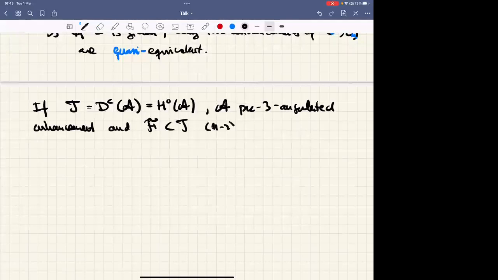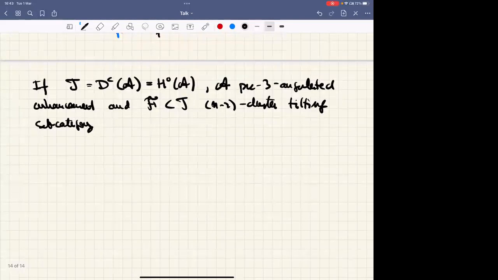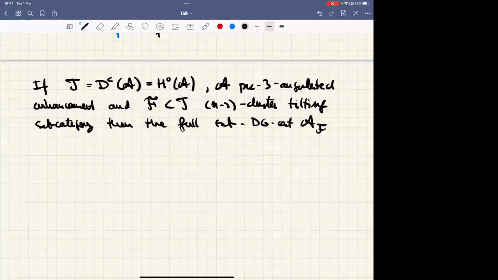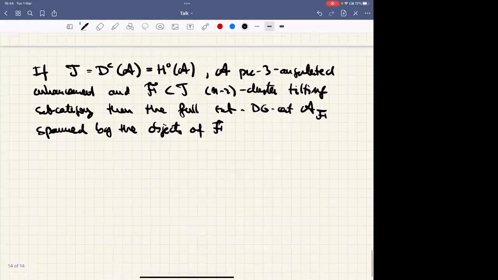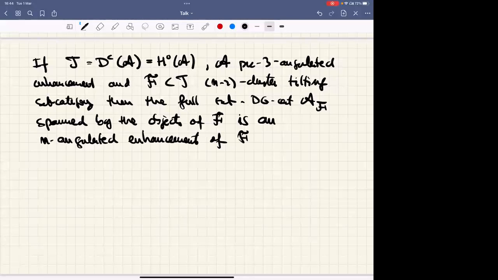If F is an n-2 cluster tilting subcategory, then the full sub DG category AF spanned by the objects of F is an n-angulated enhancement of F. So yeah, whenever we have an enhancement of a triangulated category and an n-2 rotating subcategory,